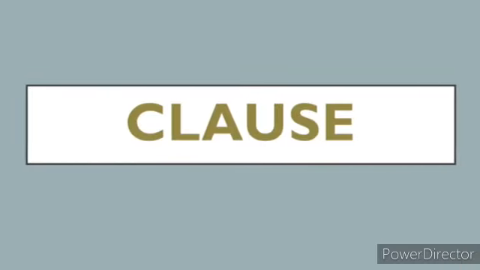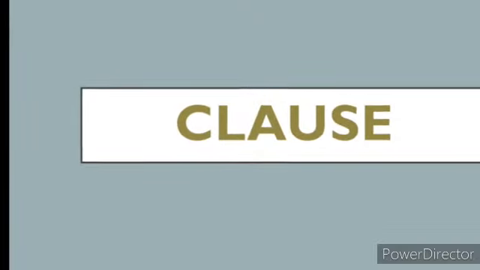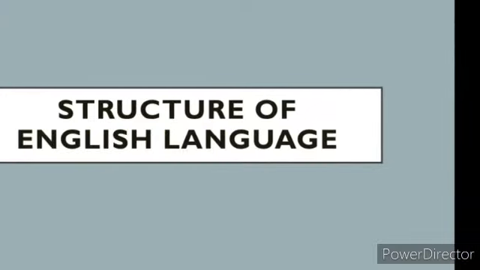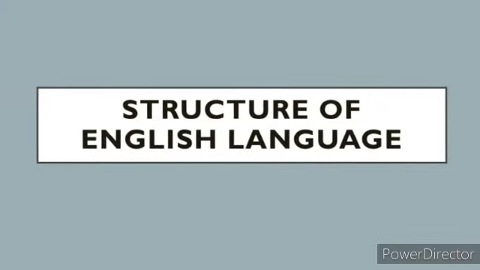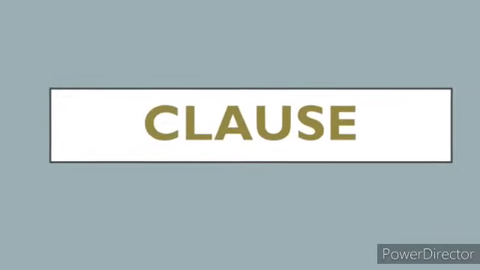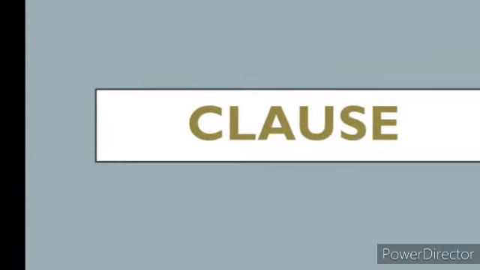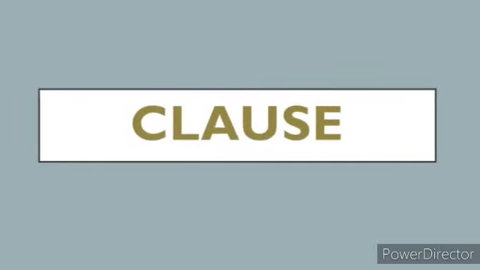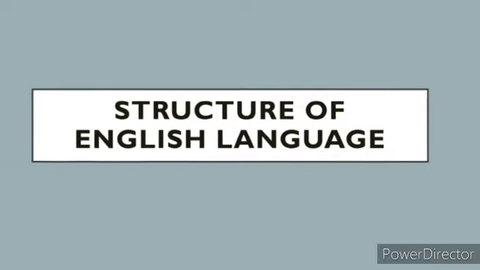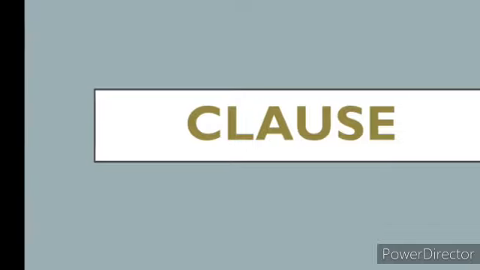The relative clause is related to the head word of the main clause. The boy who gave you the book is my brother. Here, the subordinate clause, who gave you the book, is related to the head word boy in the principal or main clause. The complement clause completes the main verb or the main clause. I know that he is ill. Here the complement clause, that he is ill, completes the main clause, I know.